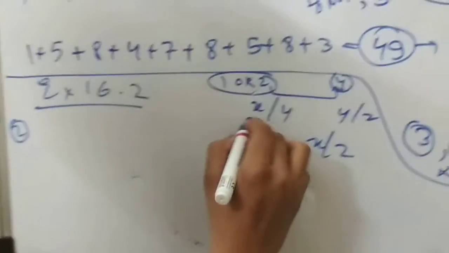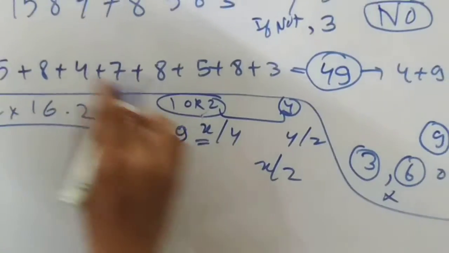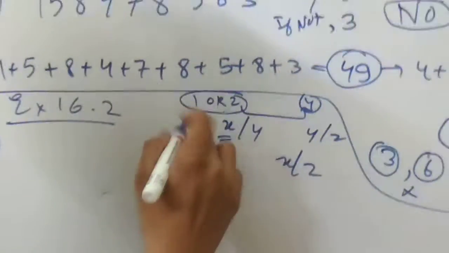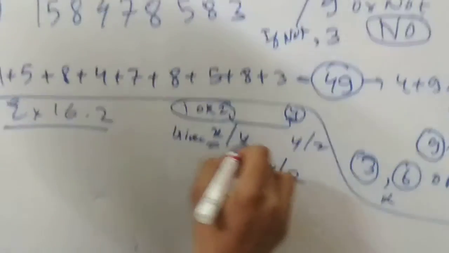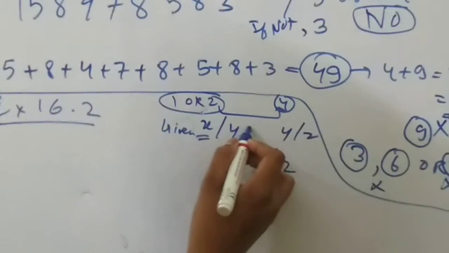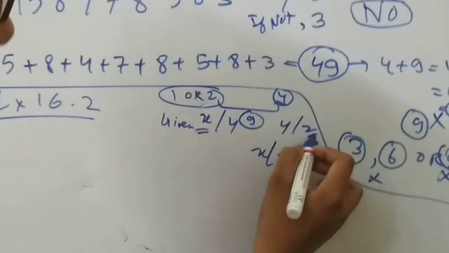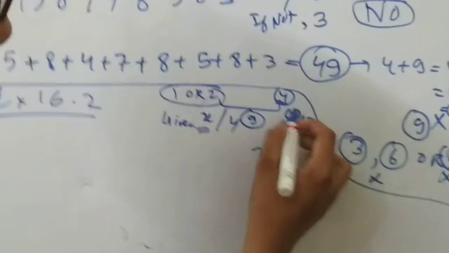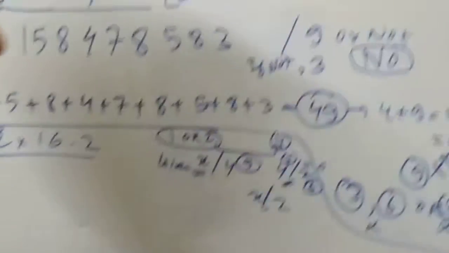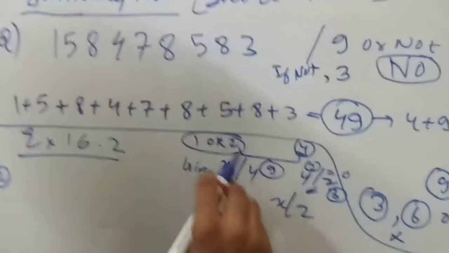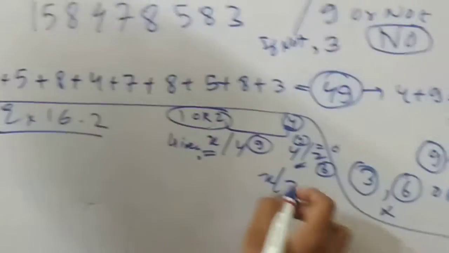Here in this case, x is the given number. If it is divisible by y, that means 9, and z is 3. Here we know 9 divided by 3 leaves remainder 0. That means this case will be satisfied. Now we are just waiting for this case. If this case is satisfied, then this will also be.